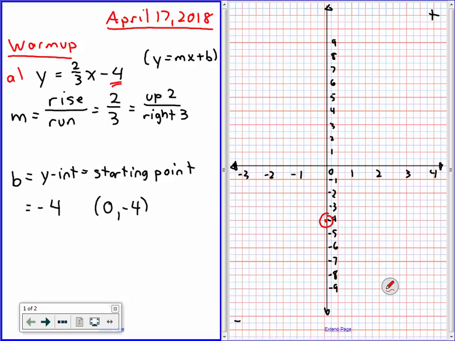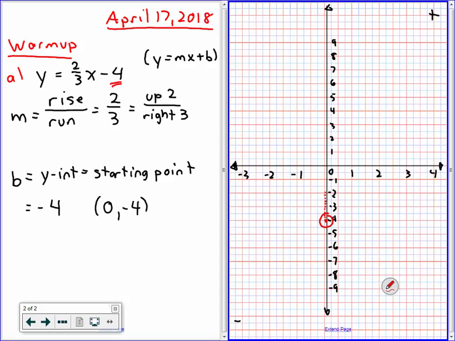Very good. So we're going to go, I like the way Rachel did this. I don't like how she uses magenta, but I like the way she did this. Up 2 and right 3. Okay? And then up 2 and right 3, up 2 and right 3, up 2 and right 3, forever and ever and ever. Okay? Now I'll use the weird scale so it didn't look